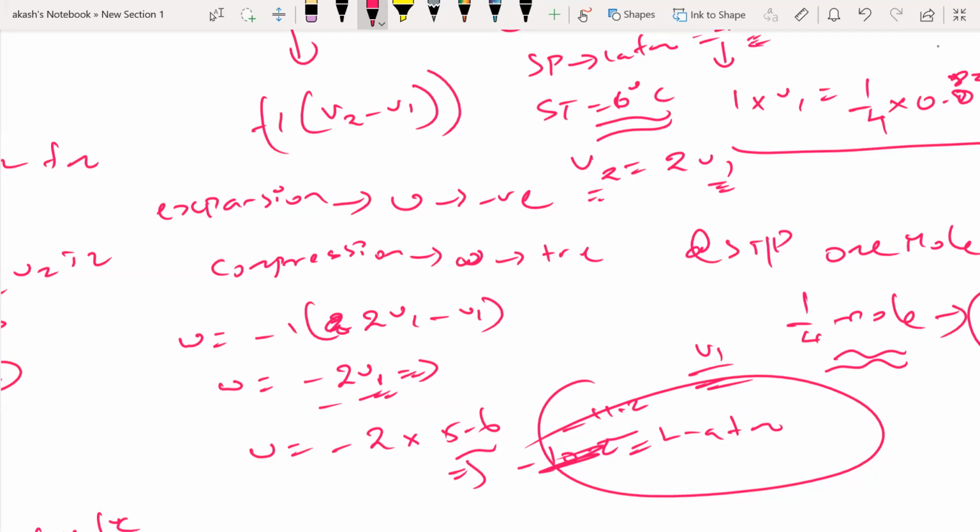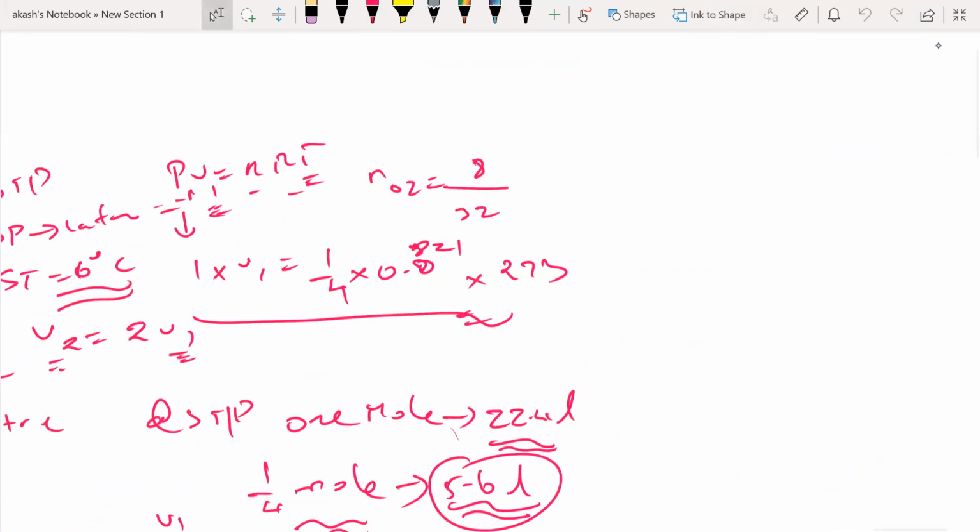A sample of an ideal gas underwent an expansion against a constant external pressure of 1 bar from 1 meter cube, 10 bar